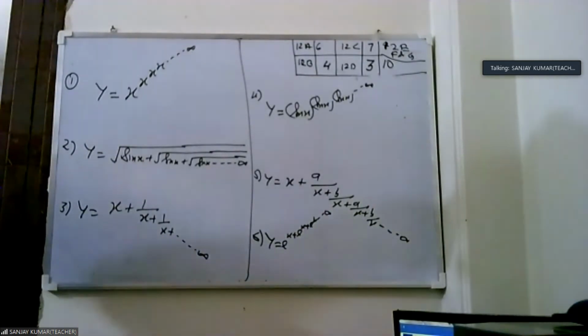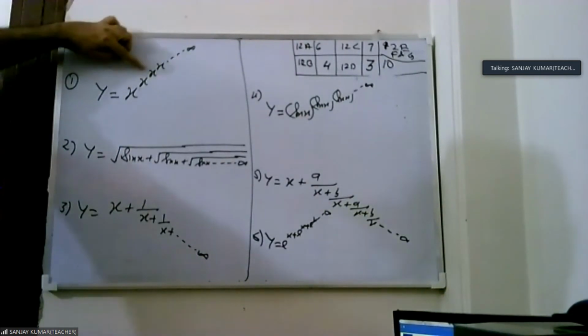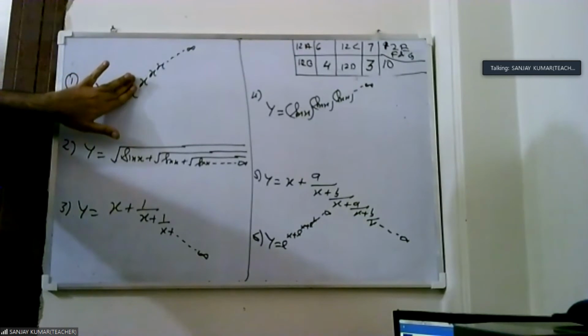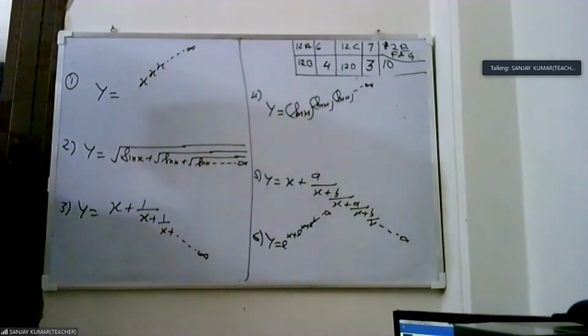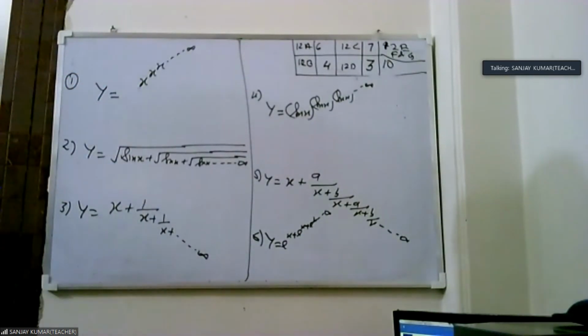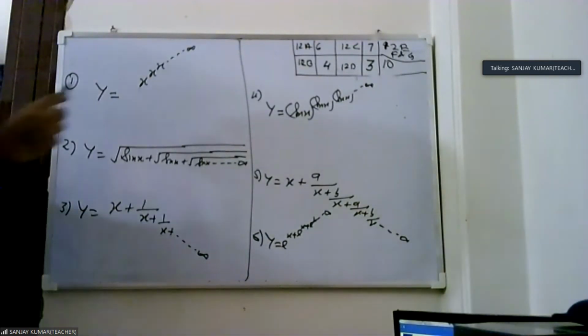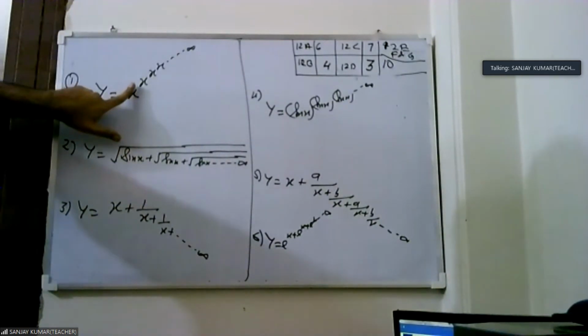What we see here, this is x to the power x to the power x to the power x till infinity. If one x is removed from here, then there is no effect on the answer, because the terms go to infinity. If you subtract one term from infinity, there is no change in that question, because one x will be less from infinity. So if you remove this x, it is same as